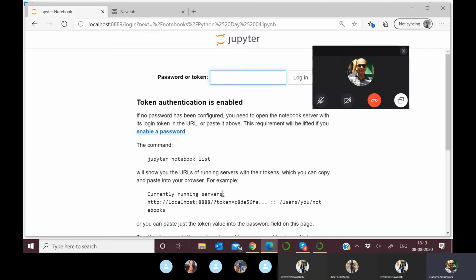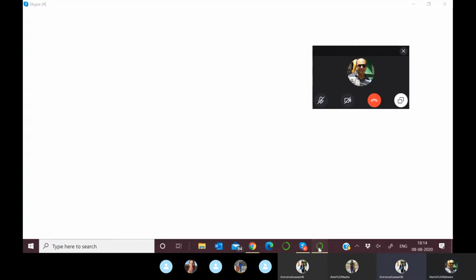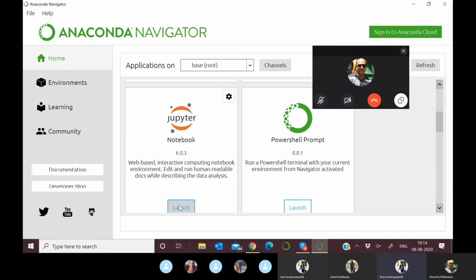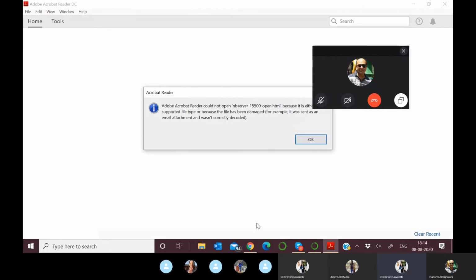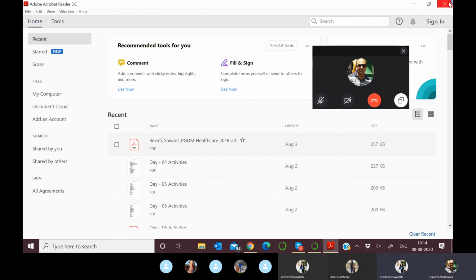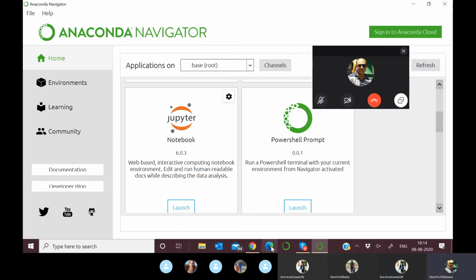Your Jupyter is on. You're running it in Anaconda. Can you close this and run it again? Sir, actually, when I run it, the PDF file opens. So I open this Anaconda Navigator, and then I launch it once, and the PDF file comes, so I close it. And then I go to the history of my browser and go to the previous notebooks.